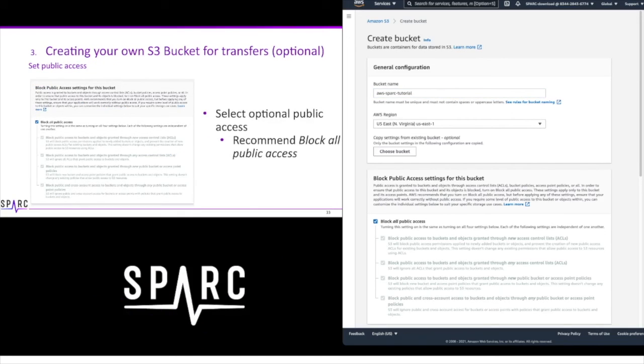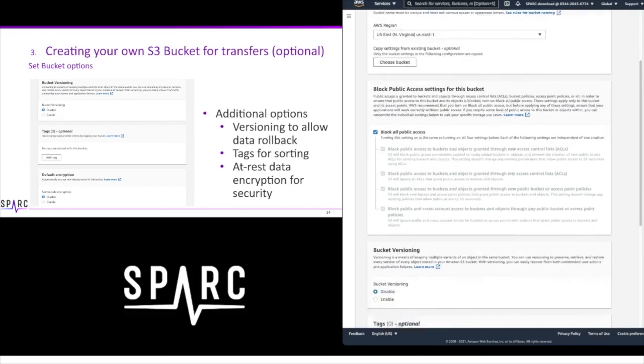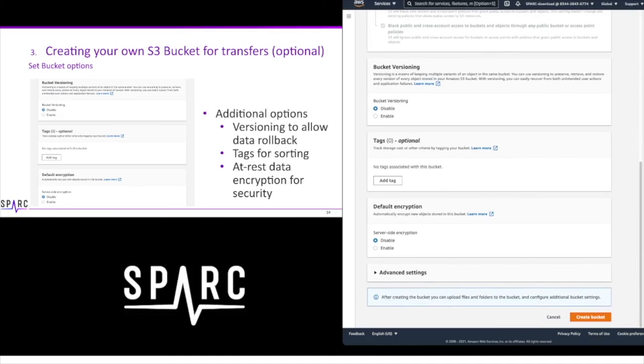You will probably want to block all public access for your S3 bucket to prevent unauthorized access. If you want to maintain a copy of all the changes to a bucket and have the ability to roll back to a previous version, you can enable this feature.